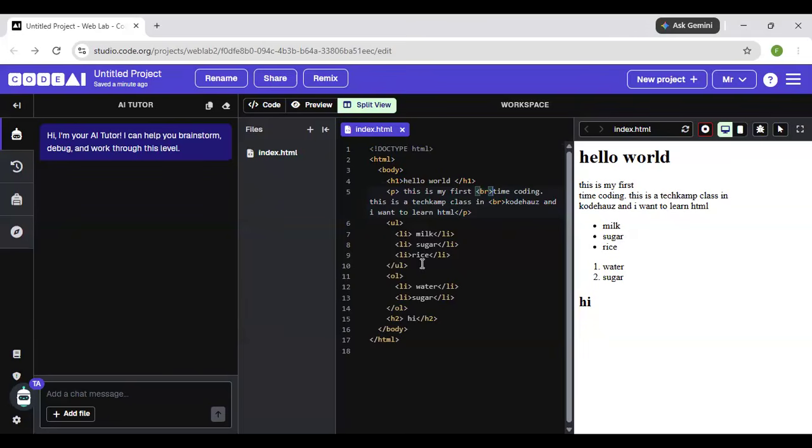But everything, the P, the UL, the OL, is under your headings, under your H1. That's why when we get to H2, we do the same thing: P, and it continues there. You understand? Yeah, I do. So that's the essence of your elements. Without this, your computer will not know what is where.